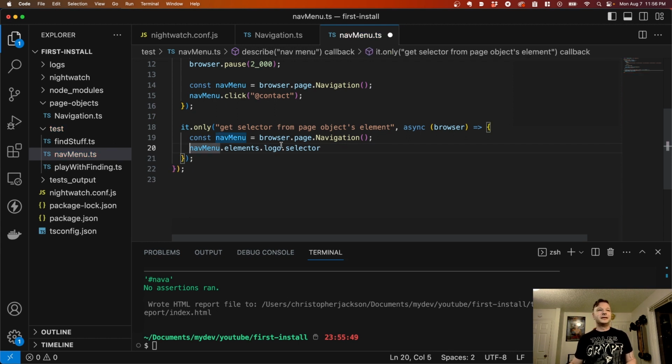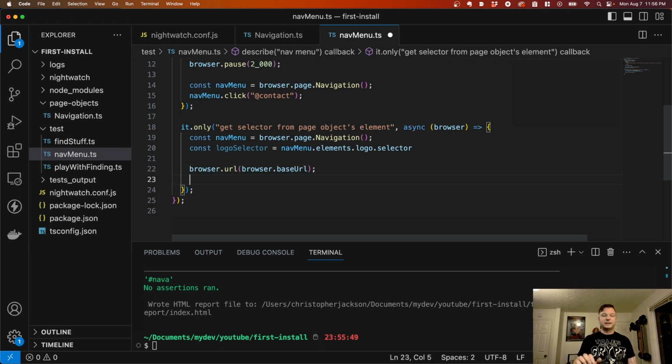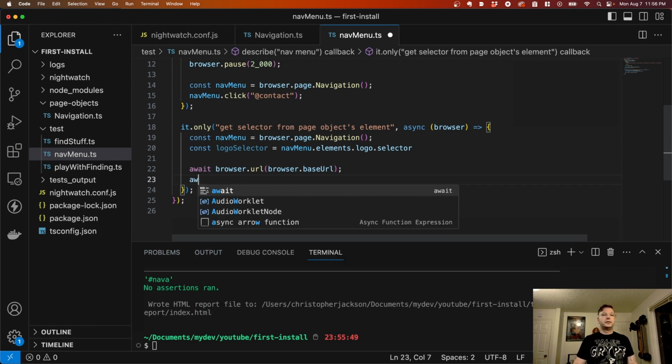So I'll just assign this to a value like logo selector there, just to save some typing on that. And then after we navigate to that home page, we can click that selector, and it's not going to do anything except go back to the home page, so we won't see much, but this is just to show you. Let's see, await, we are awaiting all these things, and now to await